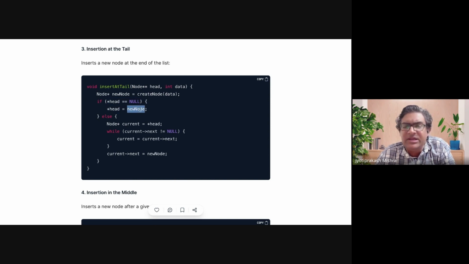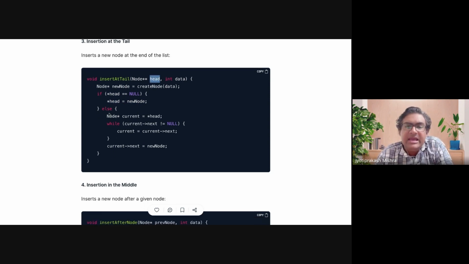उसको इस पते में स्टोर कर देना है कि वो जो नल को पॉइंट कर रहा था अभी वो नए नोड की जो एड्रेस है उसको पॉइंट करेगा। फंक्शन के बाहर हमें पता चल जाएगा कि हाँ हाँ इसके अंदर तुमने ये लिस्ट एम्प्टी था और जो नया नोड बना इसका एड्रेस तुमने इसके अंदर डाल दिया। और उसको अगर चेंज करना है तो उसका एड्रेस का एड्रेस हमें लेना पड़ेगा, इसलिए डबल पॉइंटर ने लिया। अगर ऐसी बात नहीं है तो हमको क्या करना है, लिंक लिस्ट के एंड तक जाना है। तो हम क्या करेंगे, पॉइंटर यूज